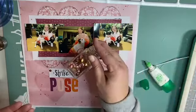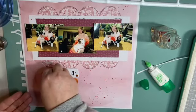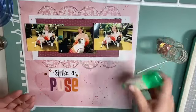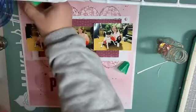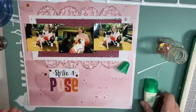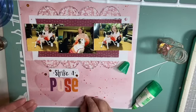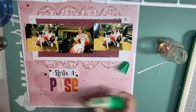And Spiegel Mom Scraps sells sequins in color families. So I unfortunately don't remember what this color family was called, but it's really pretty pinks and golds and just kind of the perfect colors for this layout. So I'm just grabbing anything that might work, and I'm just going to sprinkle a few of these sequins all over the place. I might add more later because, you know, they're just easy to throw down. They add a really pretty little sparkle to it,